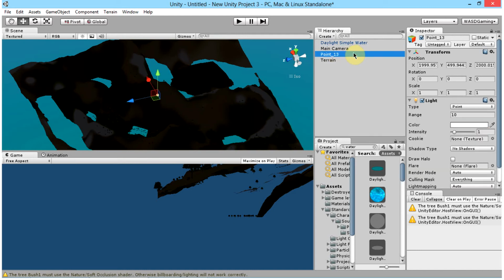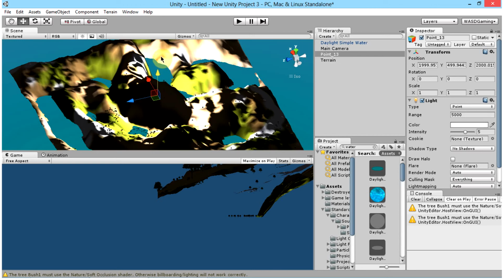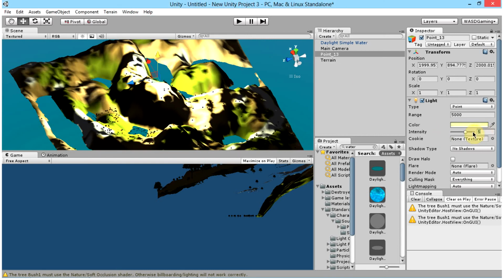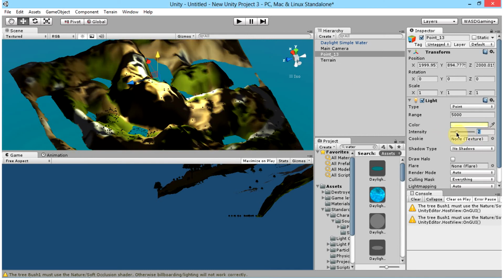Okay, I put it to 0.13. I don't really care, so 0.13. Put the intensity to 5000. No, actually, that's not the thing I want to do. Intensity, put it to 5. I was mad. Okay, it does range. It is 5000, so it was like that. Put the color to a yellowish color, a creamish color actually. Put the intensity to 2, and move it around